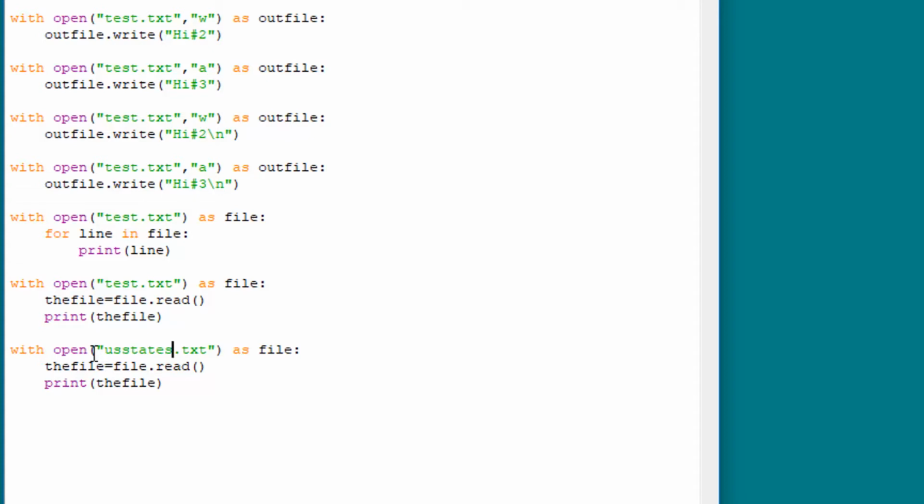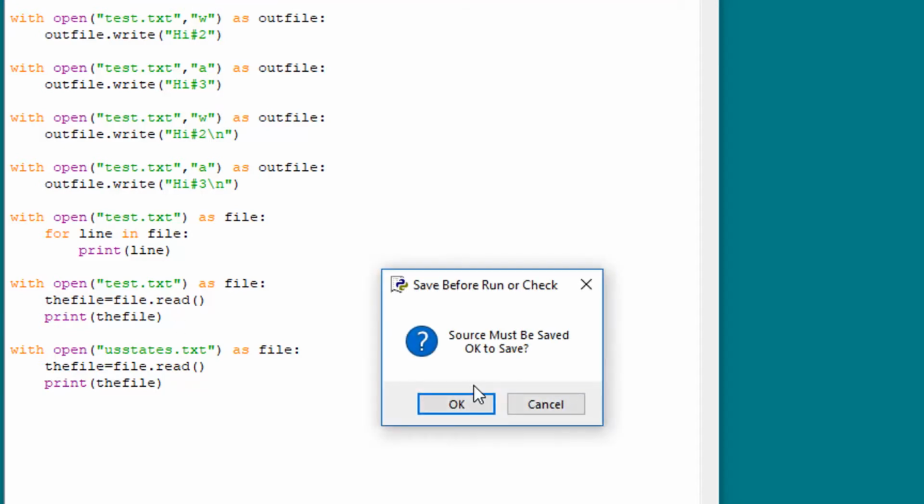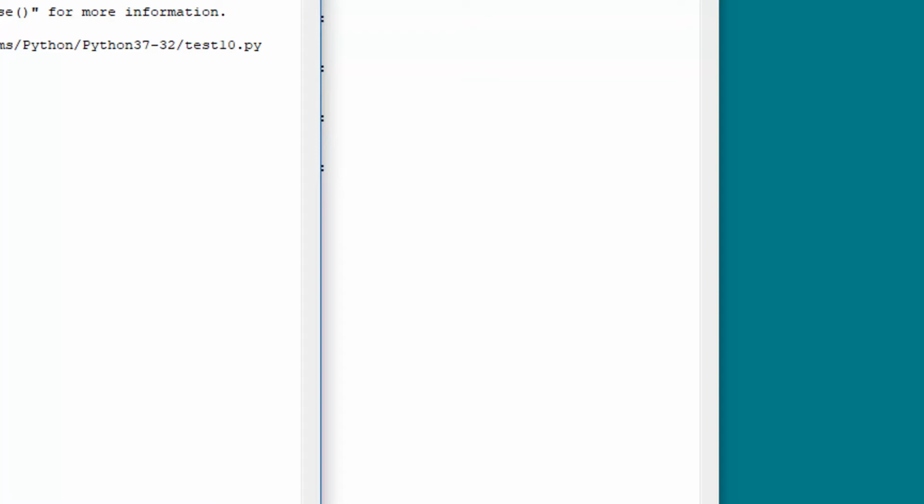So we have open US states as file, the file, and we're going to do basically the same thing we did with our smaller test file, but we're going to do it with this states file. Let's run it, see what we get here. And oh well, so big it doesn't want to show it here, but let's click on it. Okay, there it shows the entire file got put into